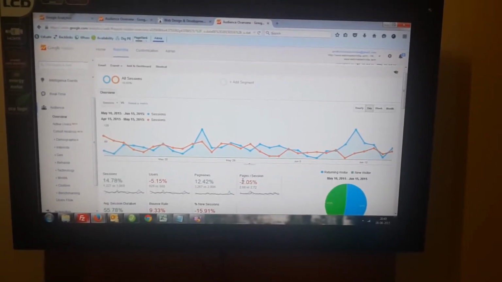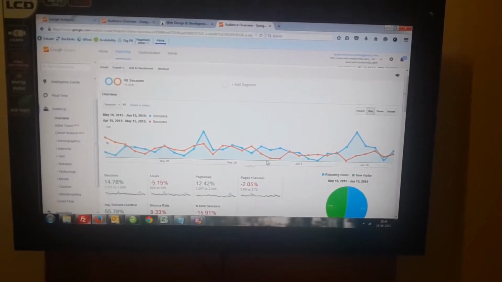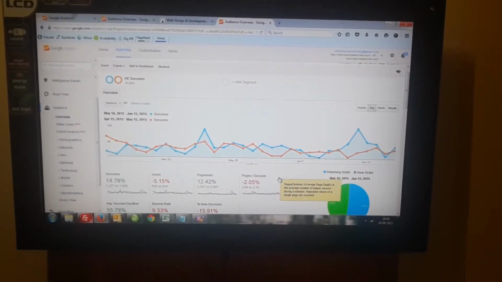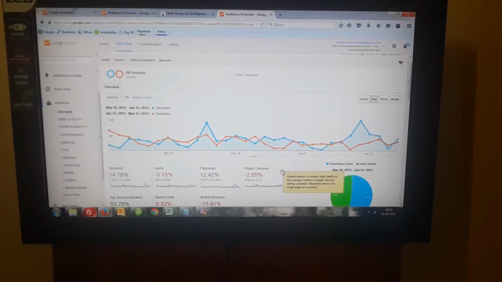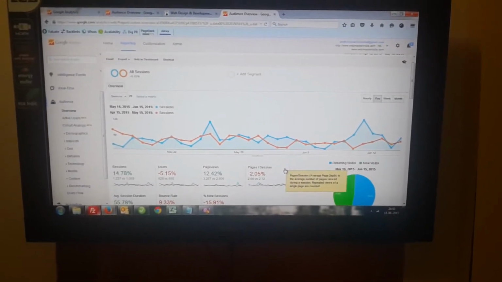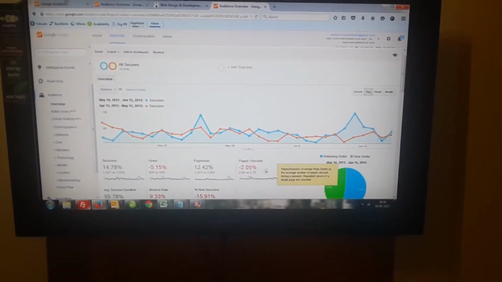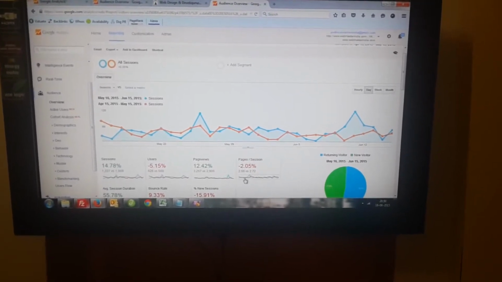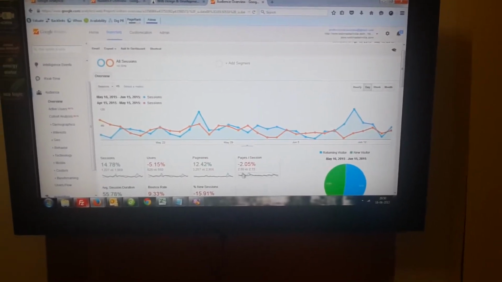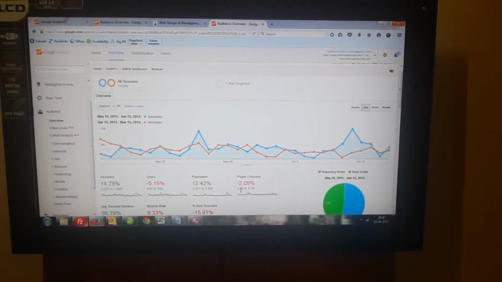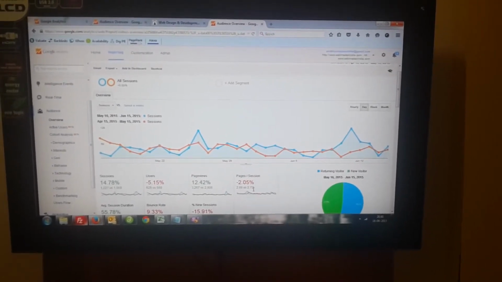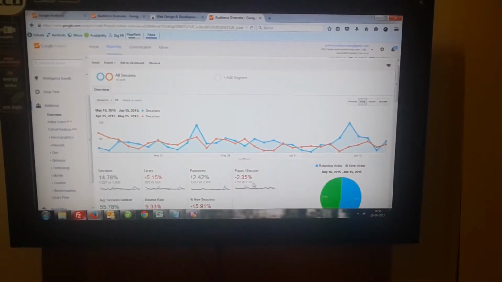The fourth parameter you can also measure is pages per session. Pages per session is the average number of pages viewed during a session. Repeated views of a single page are also counted. So you can see that per session the number of pages is 2.66 this month compared to 2.72 last month, and it has decreased.